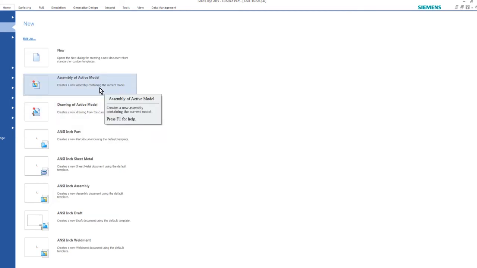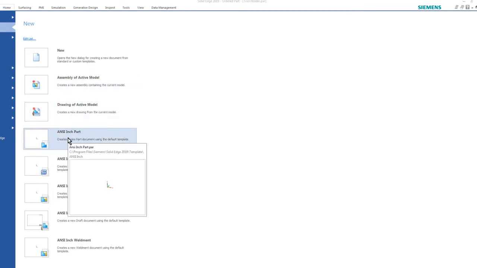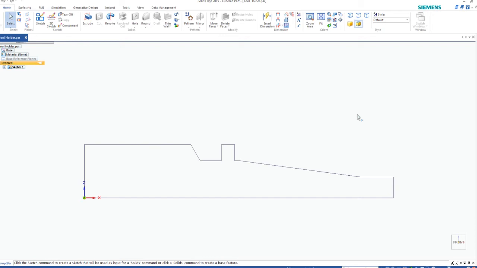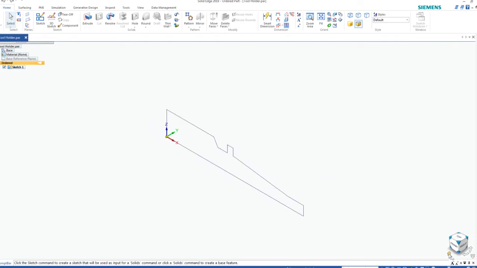In this case, it's an ANSI inch part, and then select the plane that you're going to start working with. I've selected, in my case, the front plane, and that's how I sketched it out. Okay, so if I click on the little house symbol next to the view cube,